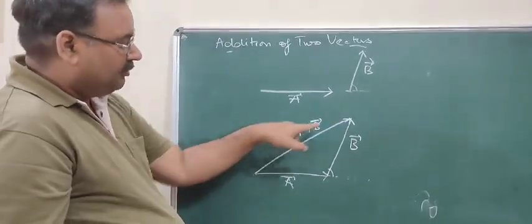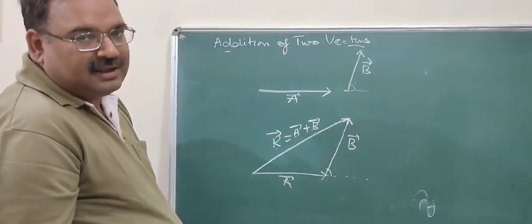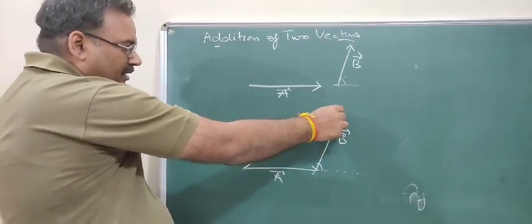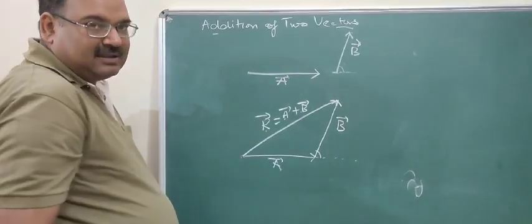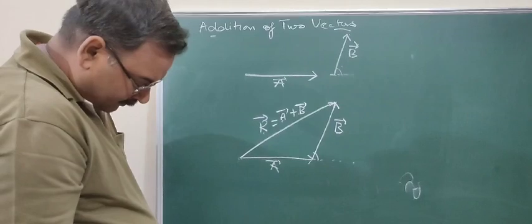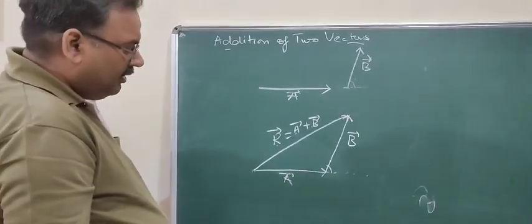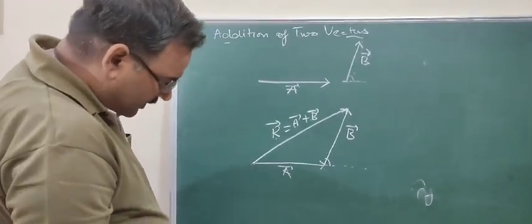ये वेक्टर जो हमें होगा, ये क्या देगा, नाम है रिजल्टेंट ऑफ द सम ऑफ द वेक्टर्स a प्लस b. So this is the magnitude of a plus b and this is the direction, resultant direction of the vector. दूसरा तरीका भी क्या है, ऐसा कोई जरूरी नहीं है कि we start from a only, we can also start from b. तो हम b से भी स्टार्ट कर सकते हैं.